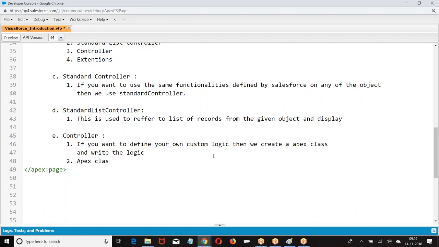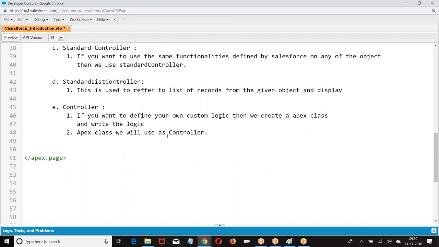The Apex class will be used as controller.